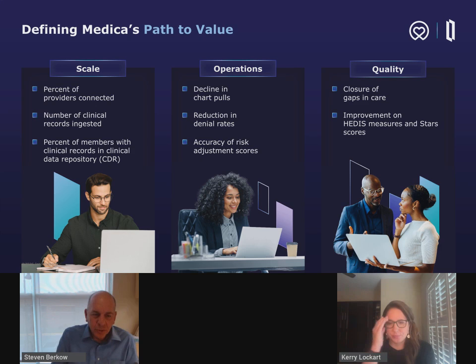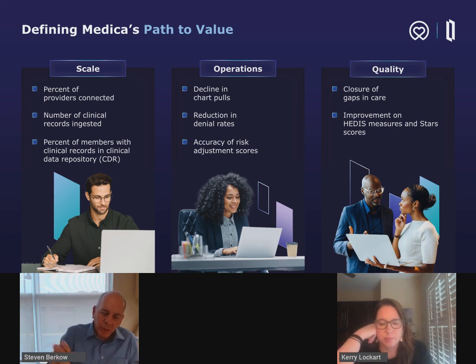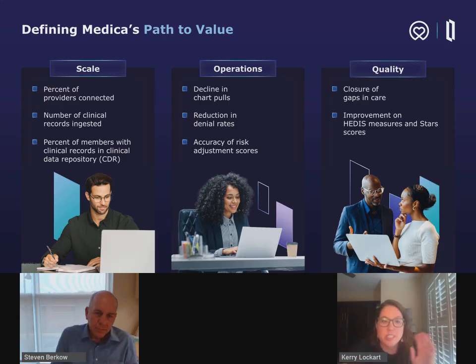I want to hand it back to Carrie to talk a little bit more about where we're going with Medica phase 3. Yeah, I think the one thing I would add here, Stephen, that we see a lot, these are typical to working in interoperability with our plans, because connectivity is that first step. It is always helpful to say, this is how many more providers we've connected to, this is how much more data. I think one of the interesting parts comes when you start trying to measure operations.